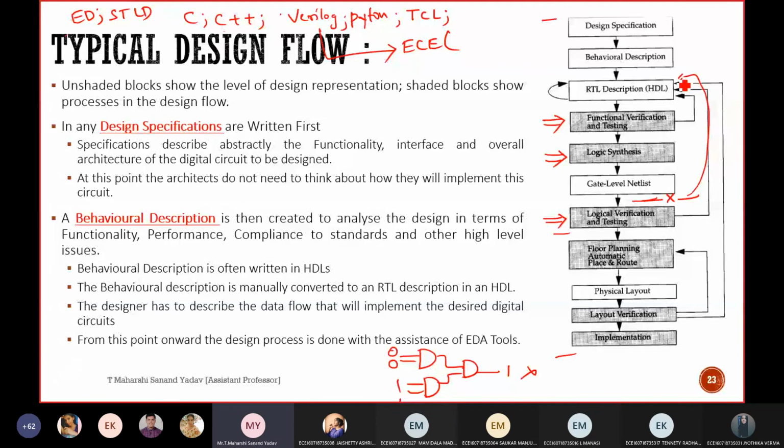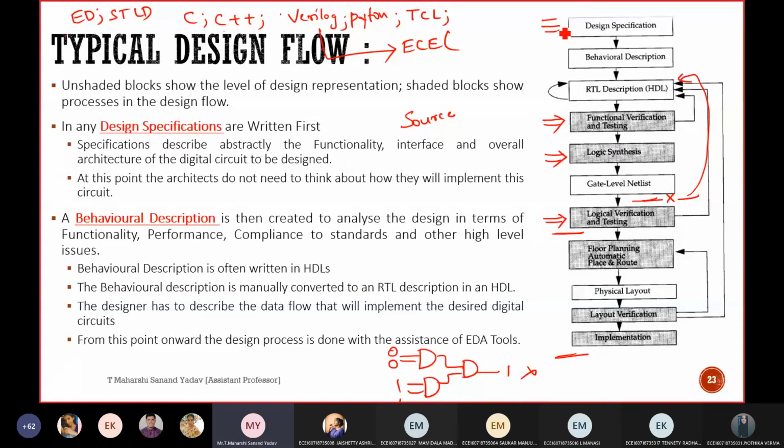Again, you go back to the RTL description and try to correct those errors in your source code. It means you have described some hardware wrong, so that's the reason you are getting errors. So check your source code, try to find those bugs, overcome them, and come back to the testing part. Once you are done with this, you can go to floor planning and placement, which comes under backend.